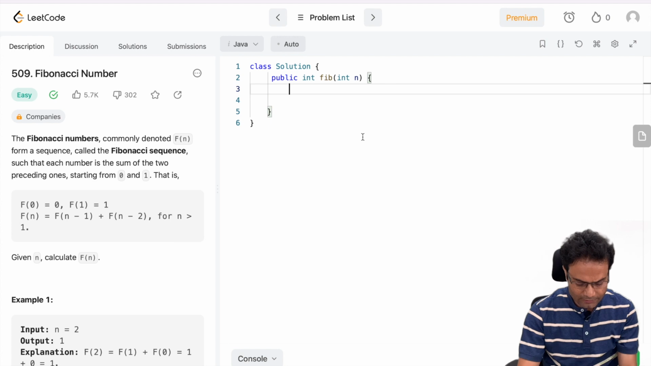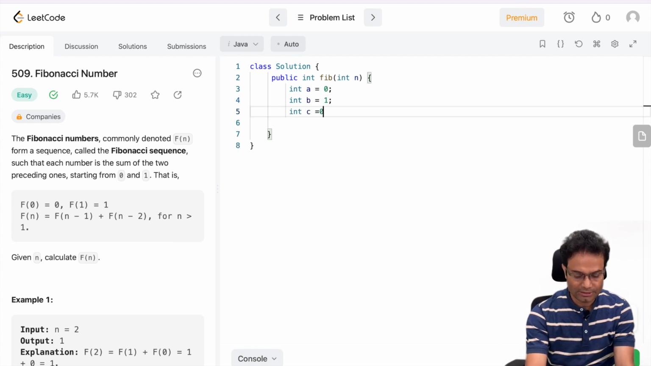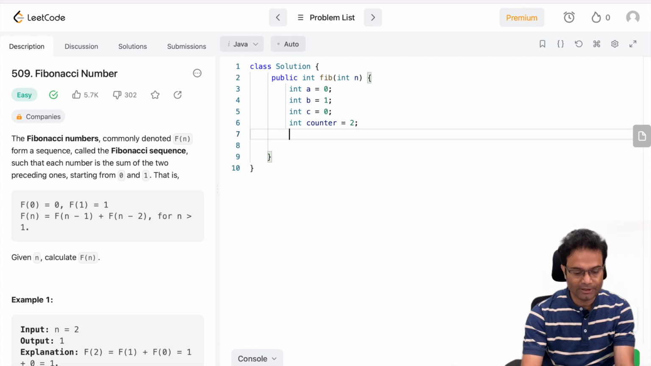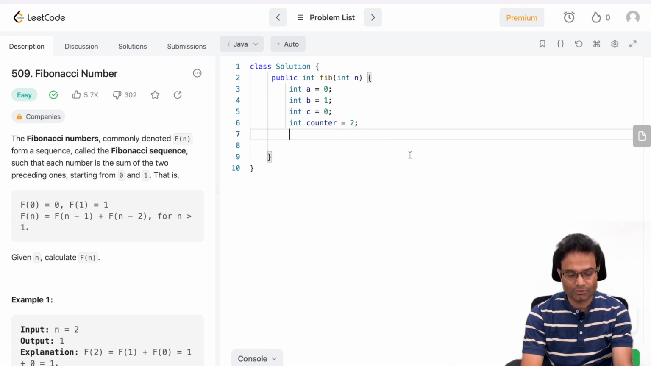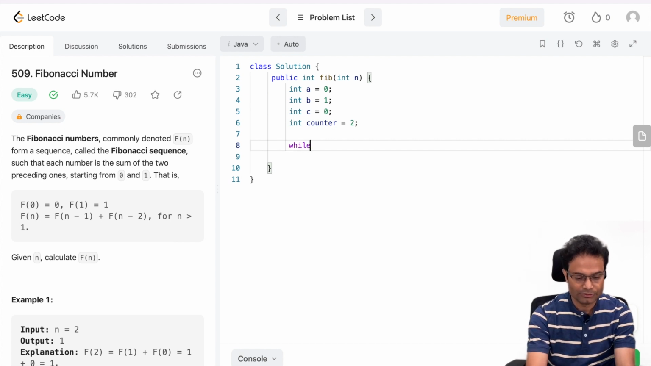So as we discussed, take one variable A, keep the value 0, and for the second Fibonacci number, take 1, right? And take the C, keep it 0, and take also the counter, right? So we have already defined the two, 0 and 1, so keep the counter at 2, right? And now we will check that our counter should be equal to n,